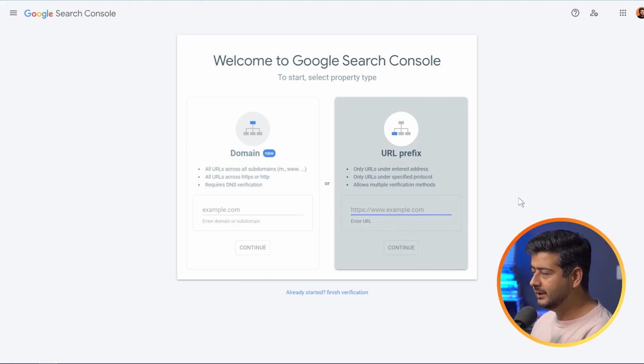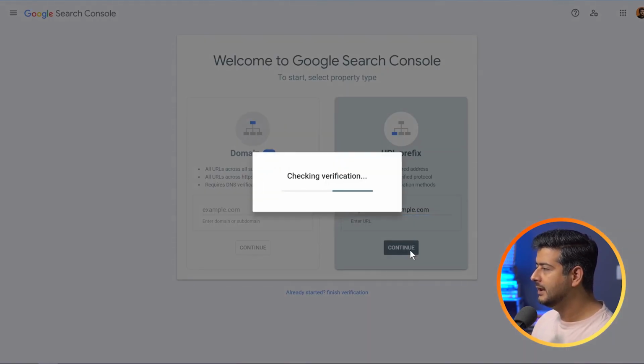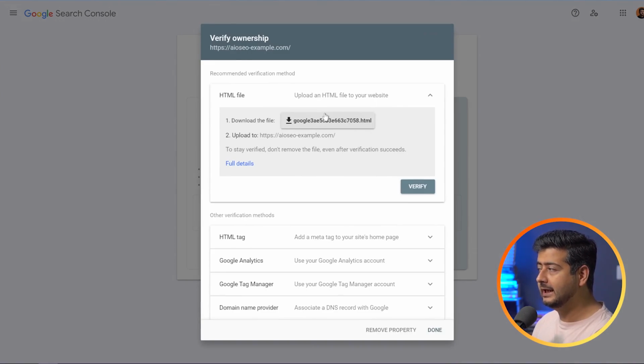If I enter an example URL here, make sure to use the option in the URL prefix. This is the one we're using. If I say, hey, AIOSEO example.com, just keep in mind this is an example domain name. I'll click continue. And once this is done, it'll give me a verification code that I can upload to my